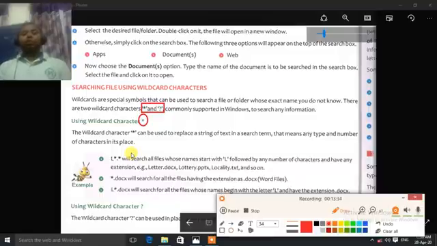Now it will show you all the files related to it, just like letter document, lottery PPT as you can see on the screen, locality text file and so on. L asterisk .docx will search: if you give the extension name, then it will search all the document files that start with the letter L, but they must be document files because you have given the extension. If you do not give the extension, then it will search all the files. Let's see how to do this practically.